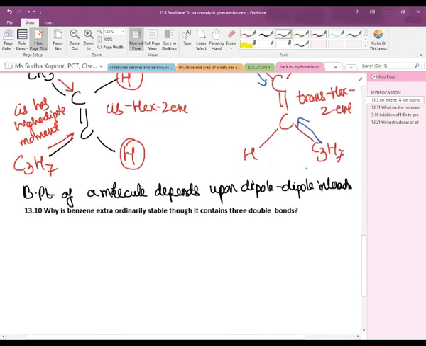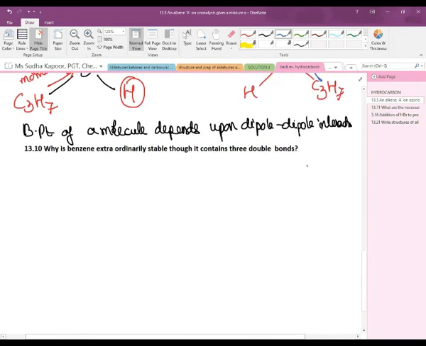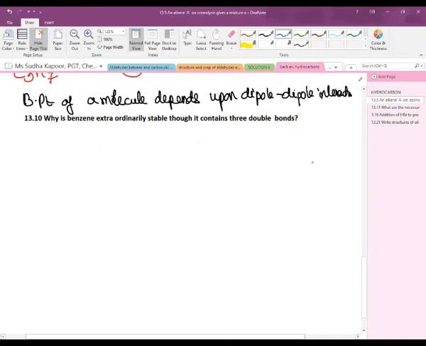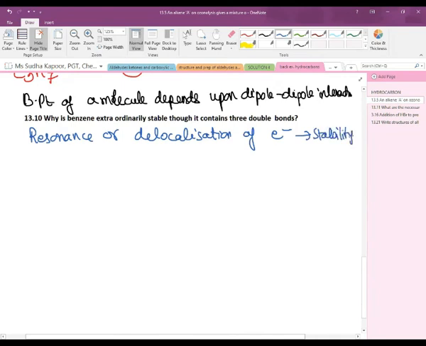Now in the last question, that is, why is benzene extraordinarily stable though it contains 3 double bonds? Why is it going to be extra stable? So we all know that resonance gives the stabilization. So resonance or delocalization of electrons results in giving the stability. Resonance results in stability. In case of benzene, there are 6 pi electrons,